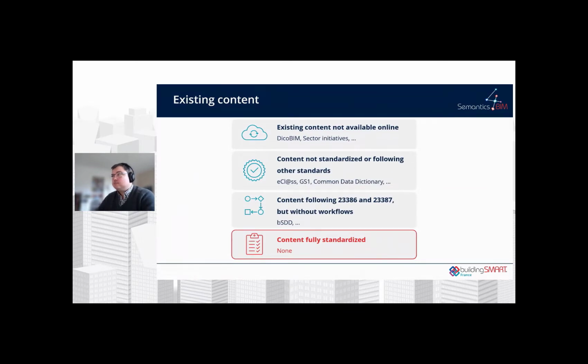Right now, we have some different kinds of contents in BSDD, but also in other dictionaries at the national level or at the international level. We have existing content not available online. We have some content not standardized or following other standards, like some classification systems.